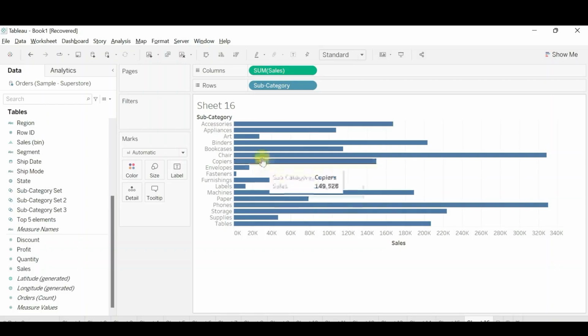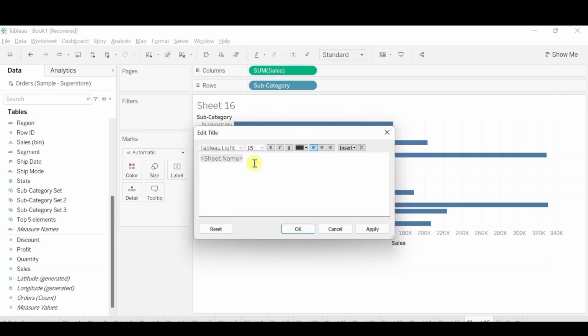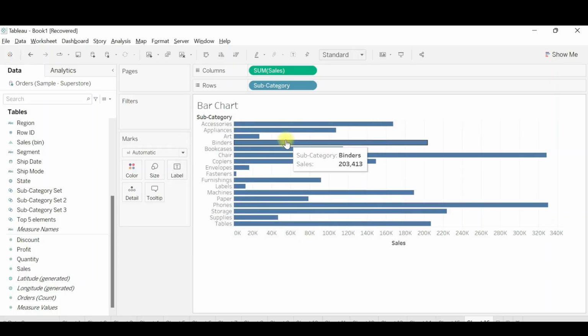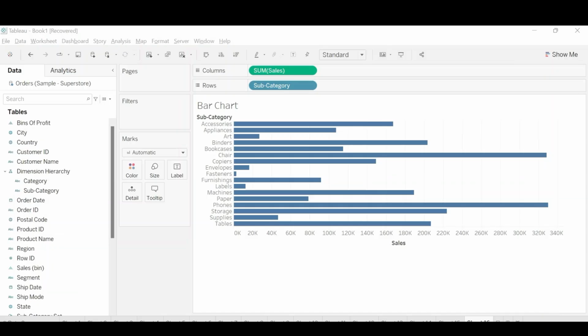Once I do it, I'll get a horizontal bar chart. Let's rename the sheet as bar chart and click on apply and OK. Now this bar chart shows subcategory wise sum of sales. Now suppose we need to add a filter to this bar chart. Let's see how to do it.